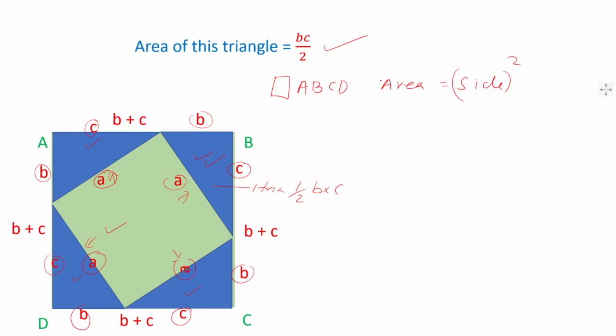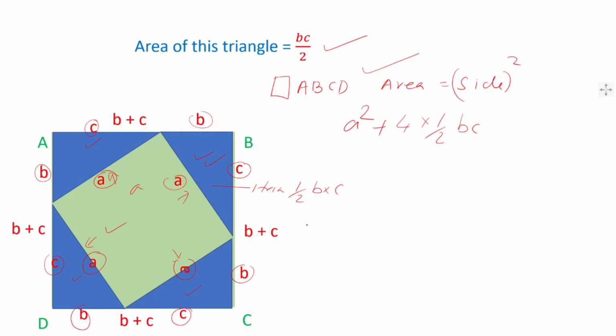So if I am trying to find out the area of ABCD, I will add the green colored square, which is A square, plus 4 blue colored right angles, 4 into half into BC,